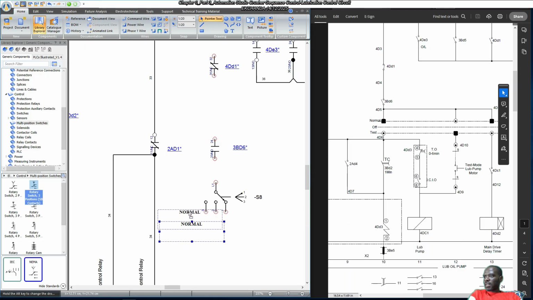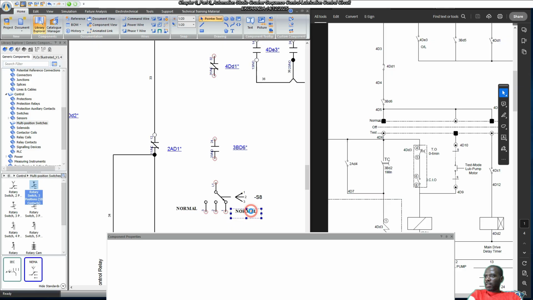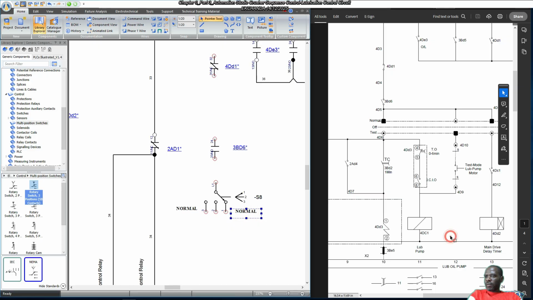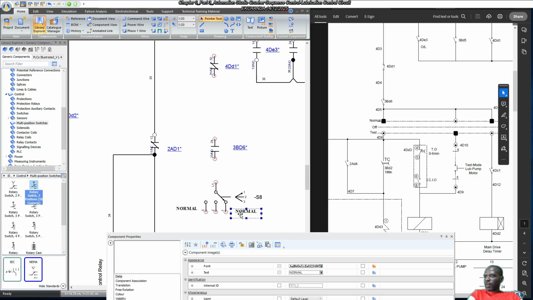So in this side we have normal selection, right? And then in position 1 we're going to have test position. Okay,